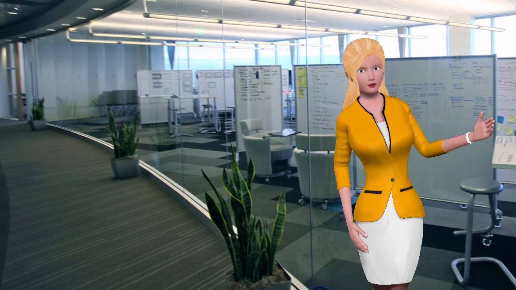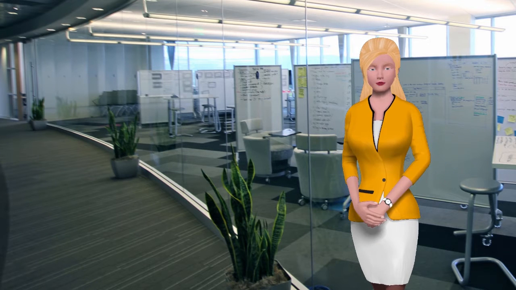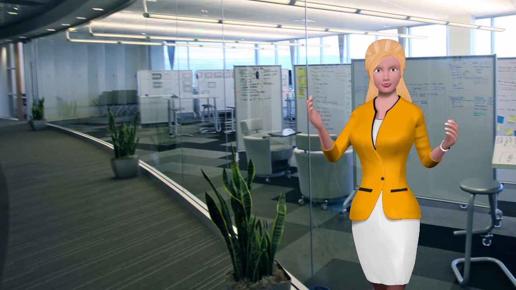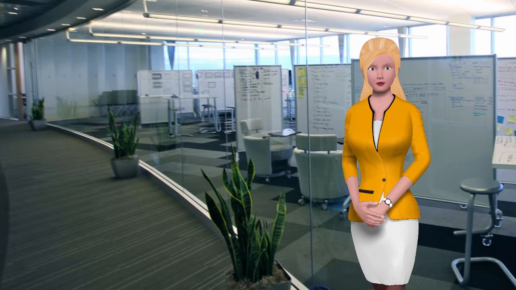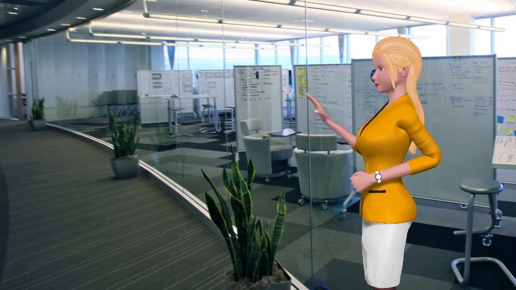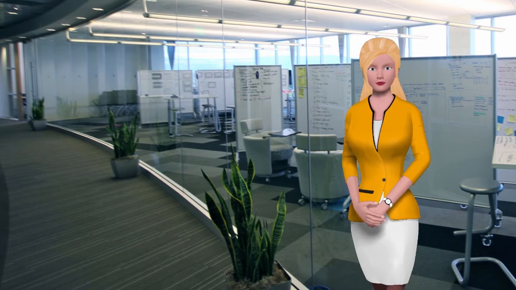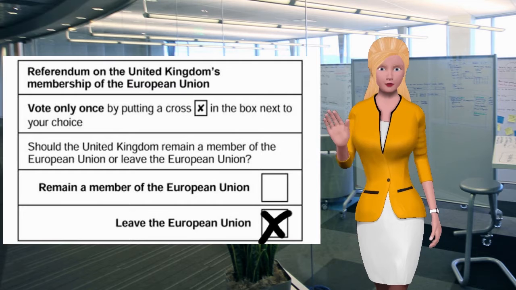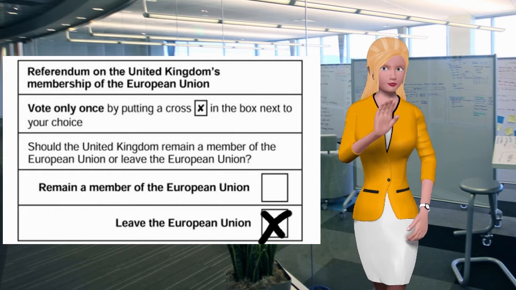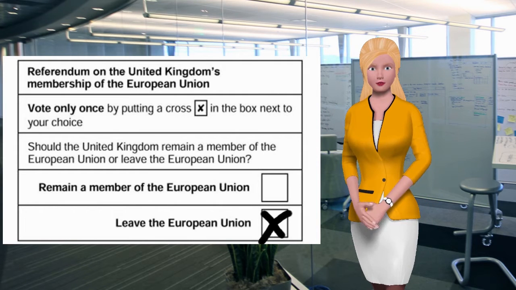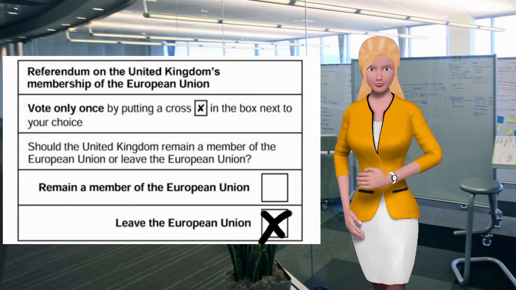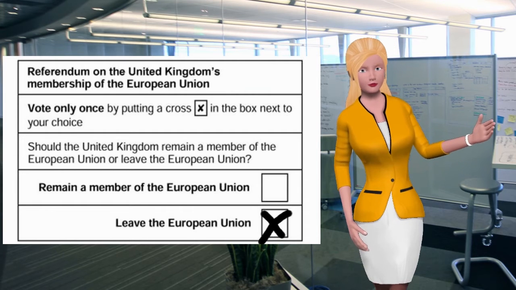Once all the voting has been done, all the votes are counted. An announcement will then be made as to which selection received the most votes. We will now explain the misunderstanding that seems to have come to light using the United Kingdom 2016 European referendum. When the votes were counted at the end of the voting process, more people had voted for leave the European Union. Simply put, more people had placed a mark against the leave the European Union, rather than remain a member of the European Union. This means that